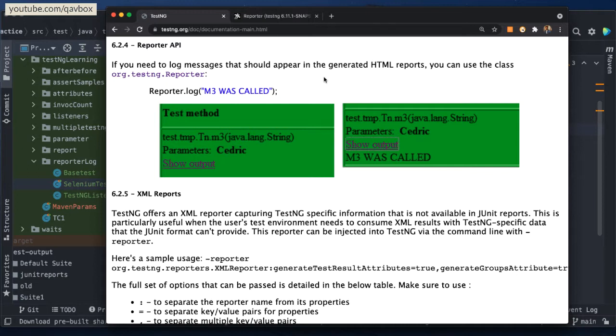So today we are going to see how we can even change or customize the report itself. Meaning we can send some kind of logs to our HTML report. Before, we were just seeing the default report that TestNG is generating, right? But today I'm going to show you guys how you can utilize TestNG to even update or note all your steps, so that the individual logs you can also send to your HTML report.